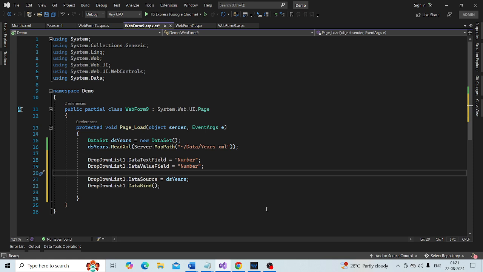Okay, so once we run this, when the web form loads up, as you might expect, the year drop down list should be populated. So save the changes.